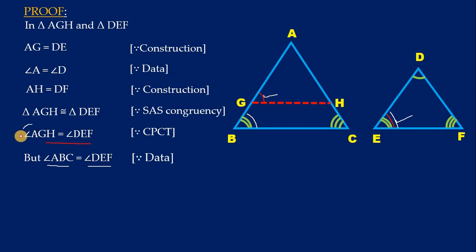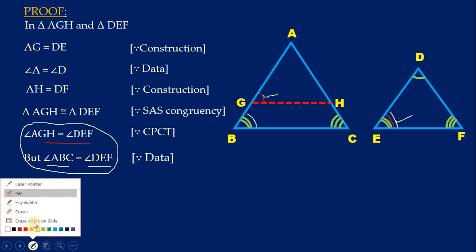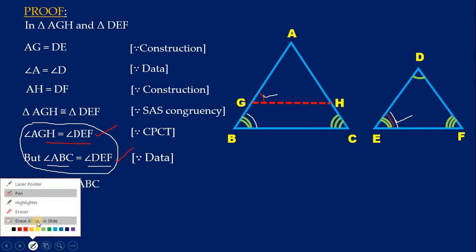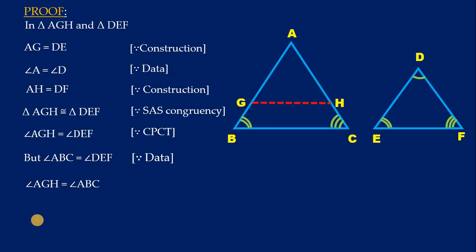Now carefully observe these two, children. In these two, right hand side parts are equal, isn't it? DEF and DEF. Hence, left hand side parts will be equal under axiom number 1. Remember the axiom number 1 which you learnt in 9th standard? Things which are equal to same thing are equal to one another. That was axiom number 1. So here right hand sides are equal, hence left hand sides have become equal. I mean these angles. Now carefully observe these angles in the figure, children.